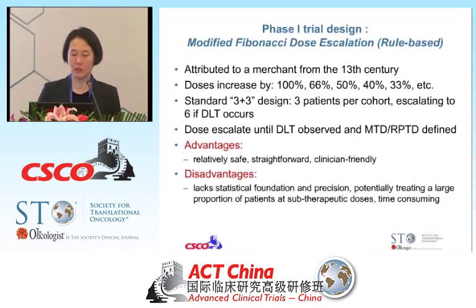And again, there are 2 big groups of phase 1 trial dose escalation methods: the rule-based and the model-based. The rule-based is really, there are rules. You follow the book, and the book says when you finish this dose escalation of 100%, the next step you increase by 66%, and then you increase by 50%, and so on and so forth, until you see DLTs to guide you. So the premise that I mentioned earlier, that you go fast at the beginning because you know you're safe, and then you go slower at the end because you know you're close to the danger zone, is illustrated in the Fibonacci series that I've listed here.